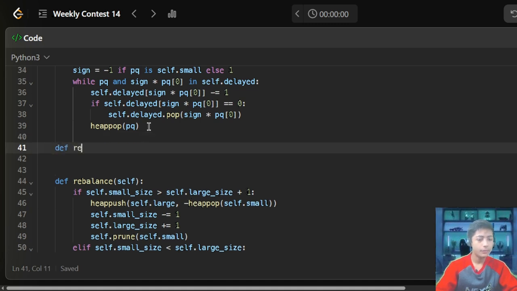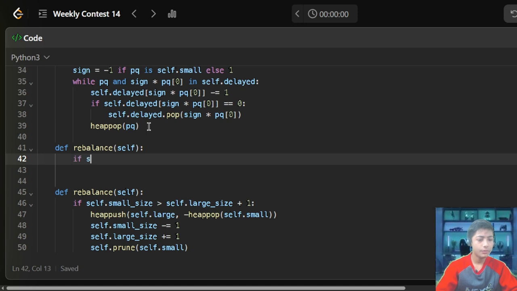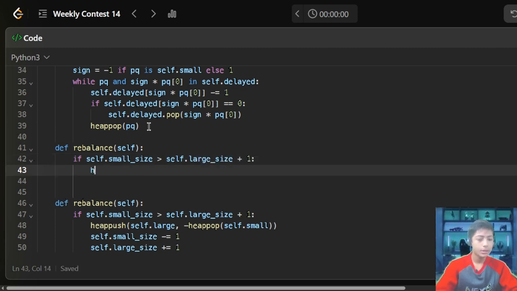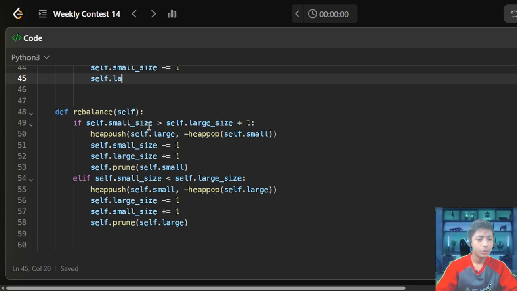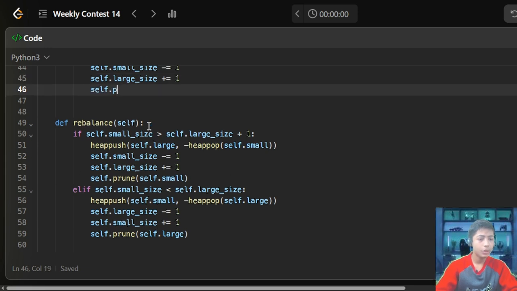back, def rebalance(self): if self.small_size > self.large_size + 1: heappush(self.large, -heappop(self.small)), enter, self.small_size -= 1, then self.large_size += 1, self.prune(self.small),